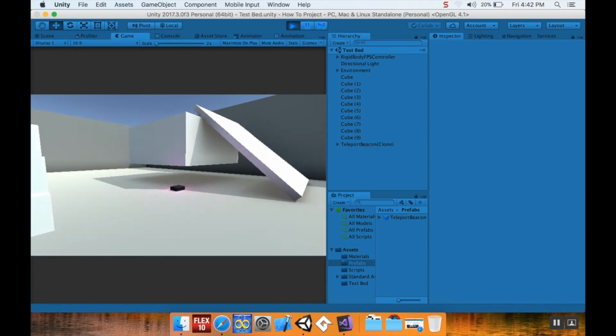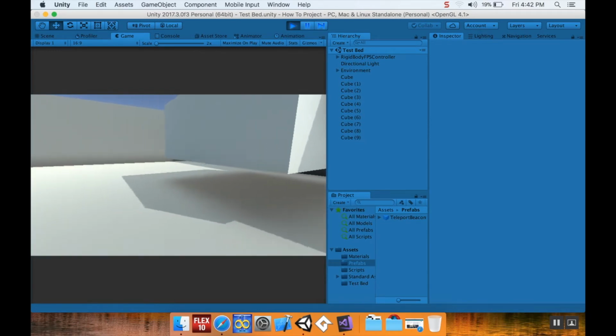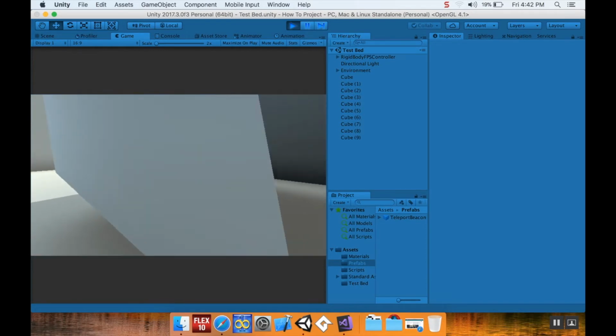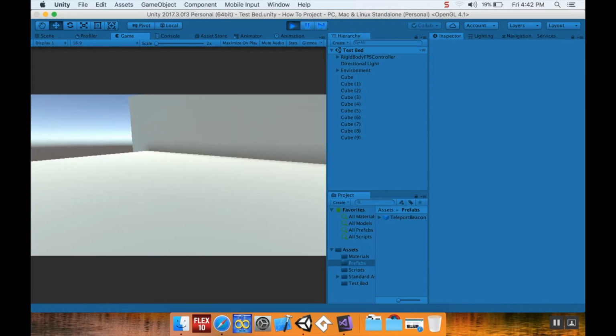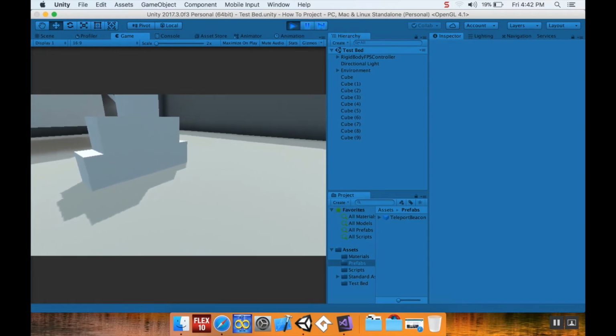So if I click a button, I can throw out a teleport beacon, and another button lets me teleport directly to that spot. The one thing I made sure to do is that you cannot get into a situation where you would teleport into geometry using this. So if I throw it out and it's in a situation where I would interfere with any of the geometry,